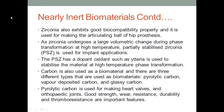So now, this is about alumina. You have zirconia as well, which exhibits good biocompatibility properties, and it's widely used these days to make the articulating ball of hip prosthesis. As zirconia undergoes a large volumetric change during the phase transformation at high temperature, partially stabilized zirconia, or PSZ, is used, and that is also used for making implants. So PSZ has a dopant, which is usually yttrium oxide or yttria as it is called,